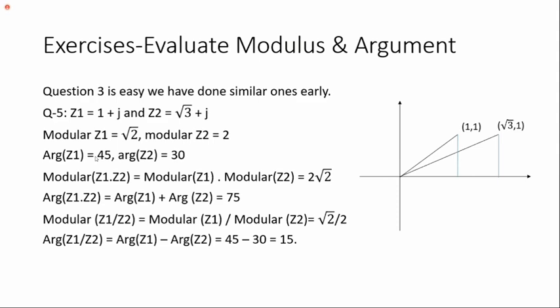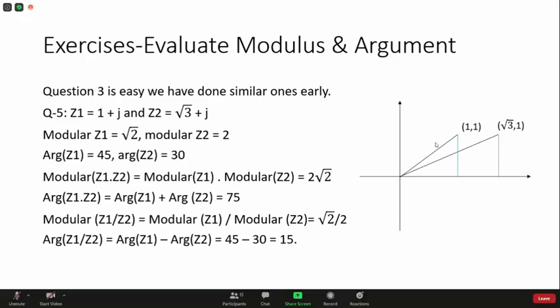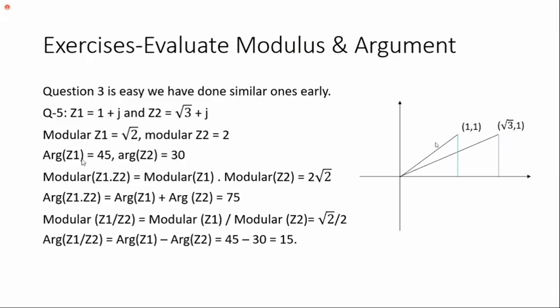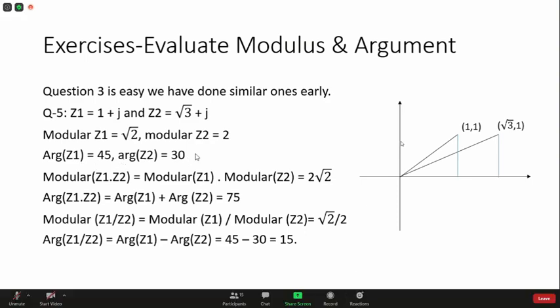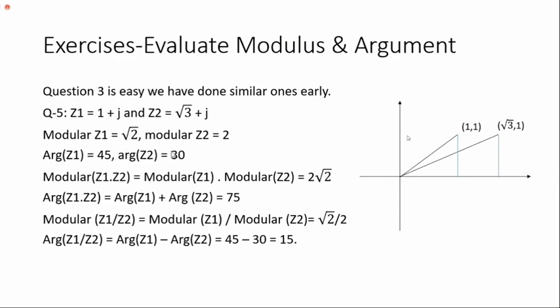I think this is not the formula. 1 upon square root of 2. That's not given because we have done a similar one earlier. The only thing we have to highlight here is the modulus value and argument of Z1 and Z2. You know the modulus of Z1, you know the modulus of Z2, the argument also. Then you can calculate Z1 Z2 easily without multiplying. By this time, you should be able to understand what I am telling you. Several times I mentioned, you cannot multiply two complex numbers in Cartesian form to get the polar form. Difficult. Then calculate using the formula.